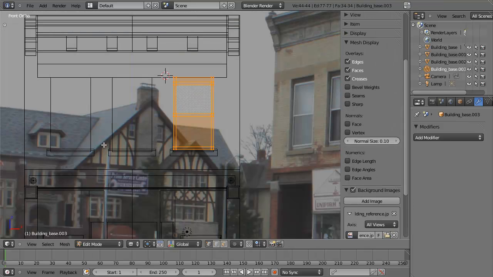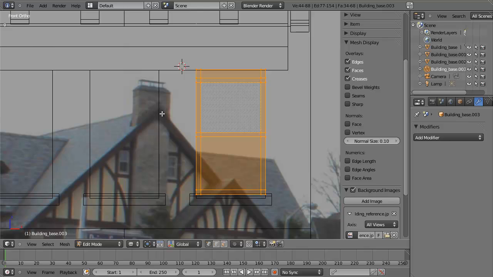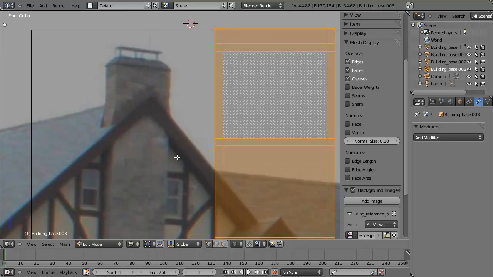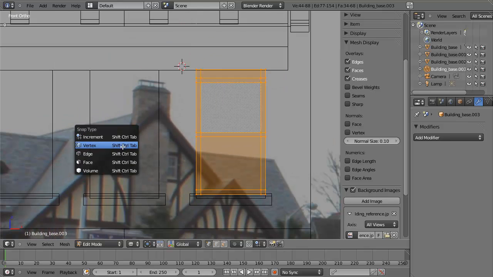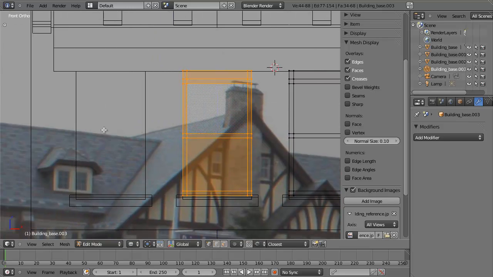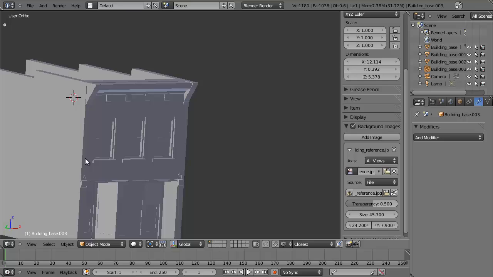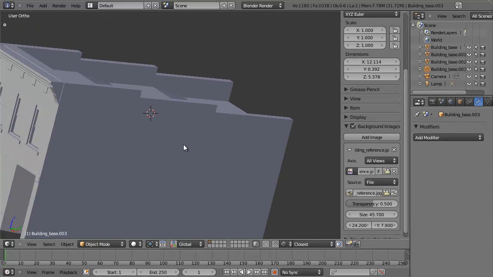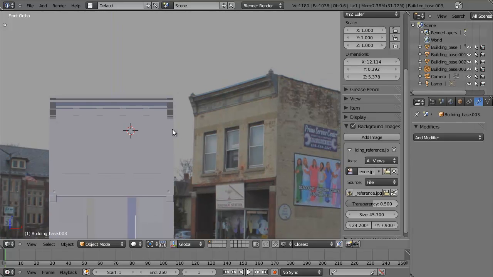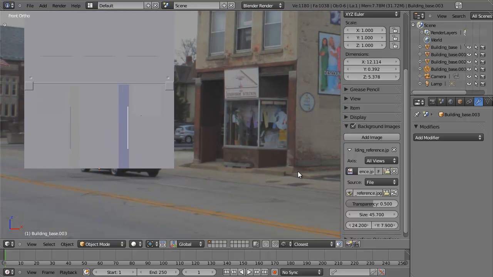I'm going to go ahead and select all this. I'm going to hit Shift D, move it over, and actually, let's see, we didn't adjust the width here, so we can hit Control Shift Tab, switch into Edge Snap Mode, G, X, snap to right there, and Shift D, X, snap to right there. And that will position all of them perfectly. And that basically creates our building, although we ought to do just a couple more things,